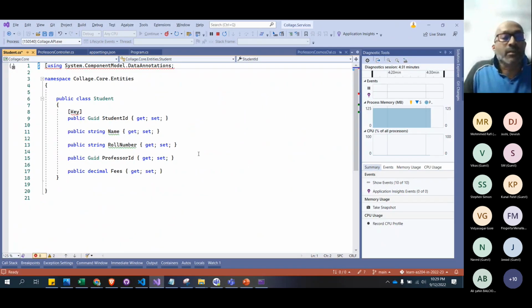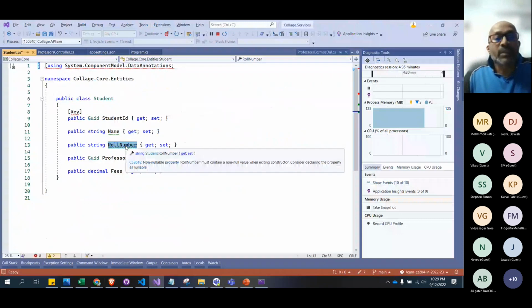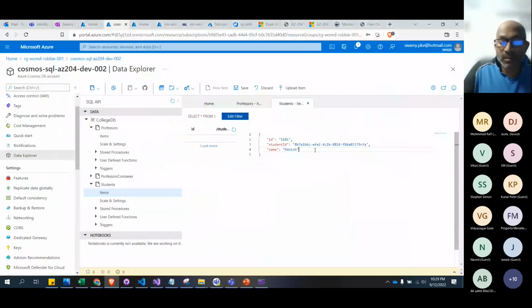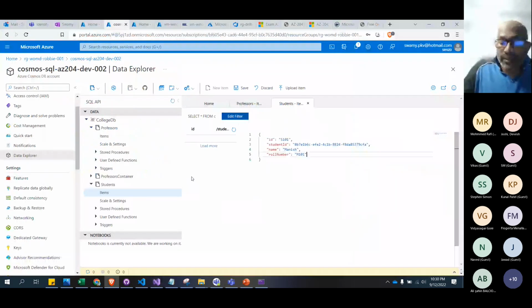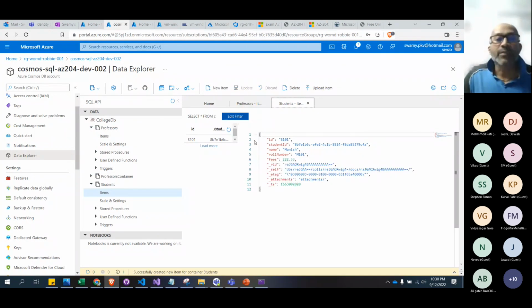Manish, and roll number. That will be roll number M101. Okay, then the fees is 222.33. Let me save this. Okay, so we have the student,